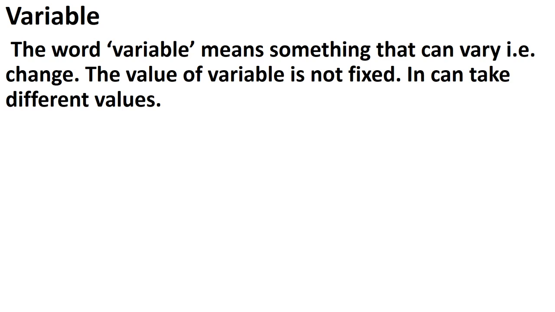When we are talking about one, it means only one. When we are talking about two, it means only two things. But when we are talking about any variable, it means it is not fixed. It can be 1, it can be 2, 3, 4 or any number. So if an English alphabet is written, that is X, Y, M, N, that is a variable and it can take any value.